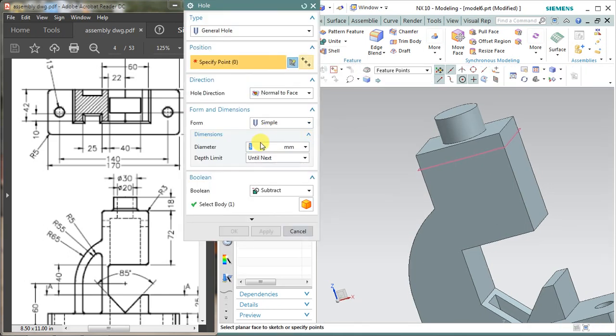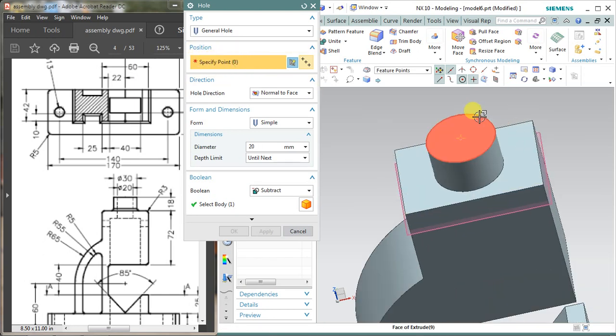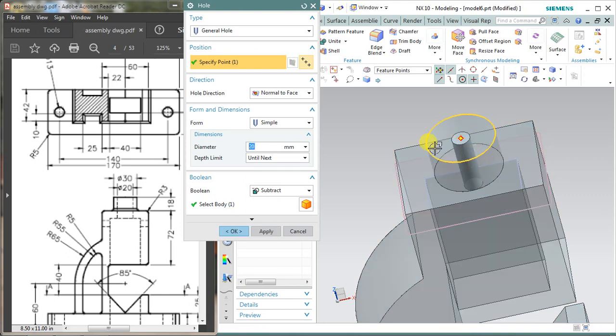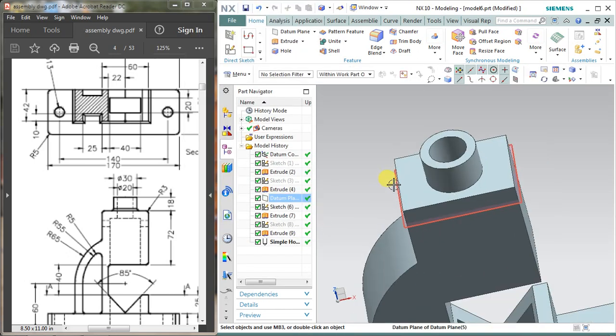Select simple hole and apply 20 mm diameter until next, and now it is asking you to specify the point. So I specify the point by bringing the cursor over the edge of the circle. It will show you the center point. Grab the center point and until next, and the boolean operation should be subtract and OK and cancel.